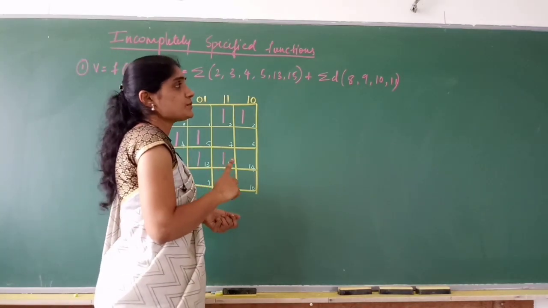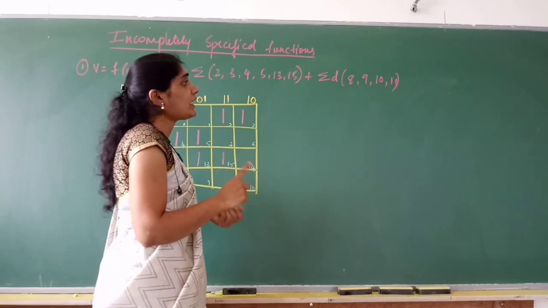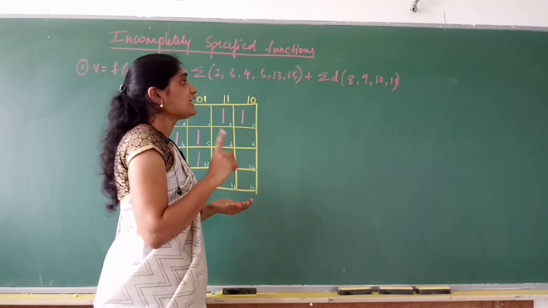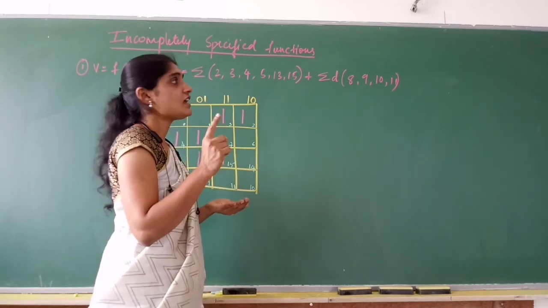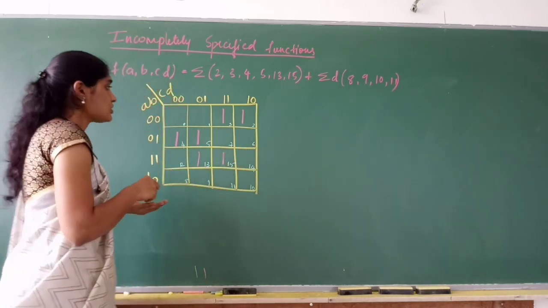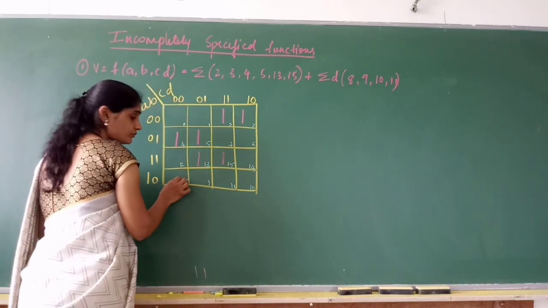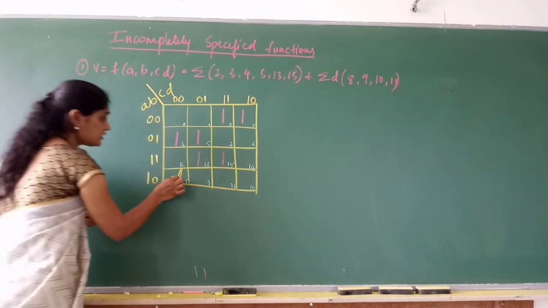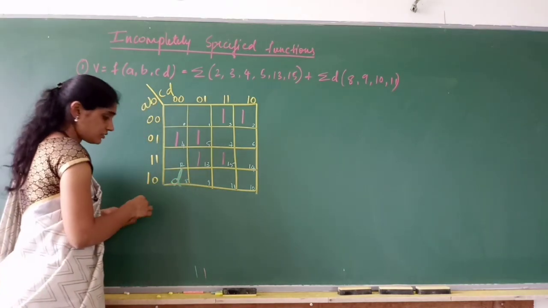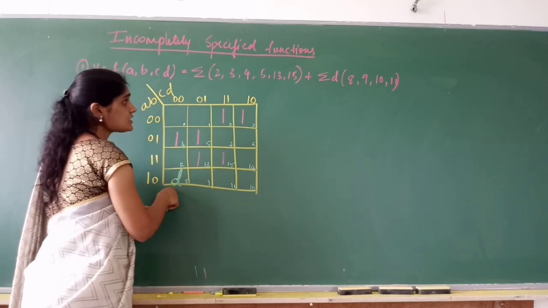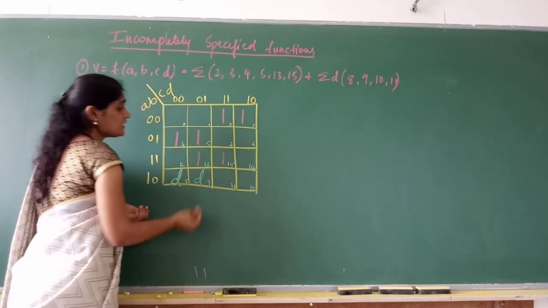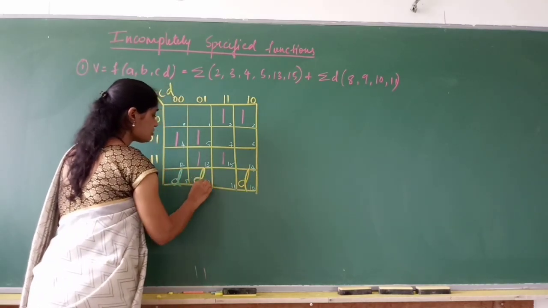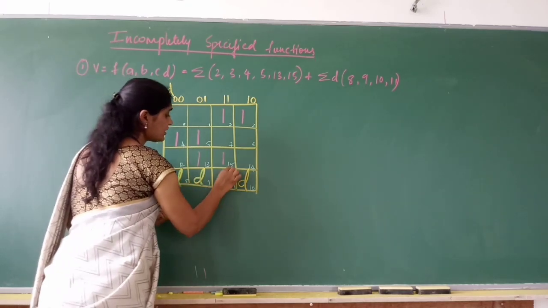Now, along with the min terms, what else we have? We also have don't care terms. So we have to be very careful now. Which are the don't care terms we have? 8, 9, 10, 11. So in the K-map you write D. I will use green color chalk piece here, D. I hope you can see this. 8 is D, 9 is D, then 10 is a don't care term, then 11 is a don't care term.